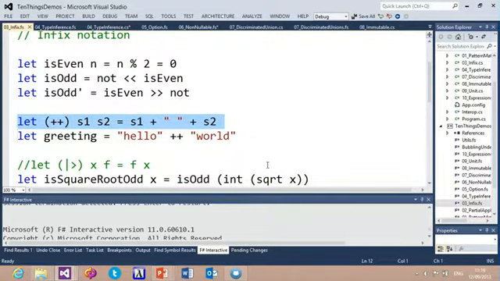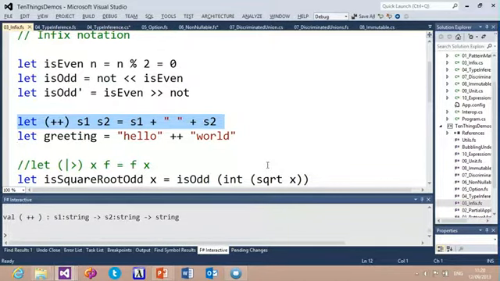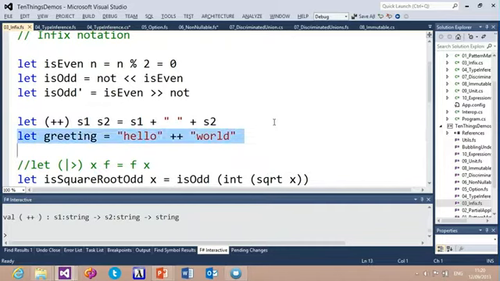I can define, for example, a double plus operator. And I can say that's infix just by encapsulating it in brackets like that. And here I'm just using it to join two words with a space. And again, you can see F# has inferred the type of that, and I can then use that as an infix